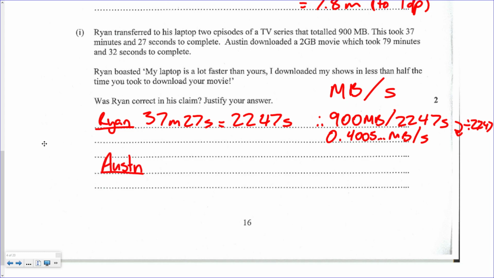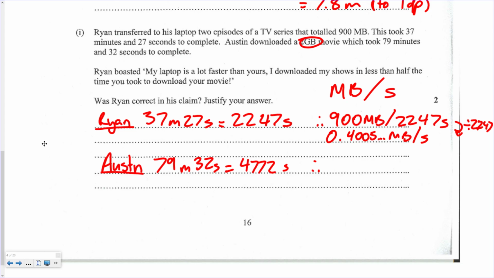And Austin's time is 79 minutes and 32 seconds. Now, you might look at that and think, well, of course, that's longer. But his file size is more than twice as big as well, so we need to think about that. So once we have that, that's 4,772 seconds. And again, we're trying to get megabytes per second, but this guy downloaded a